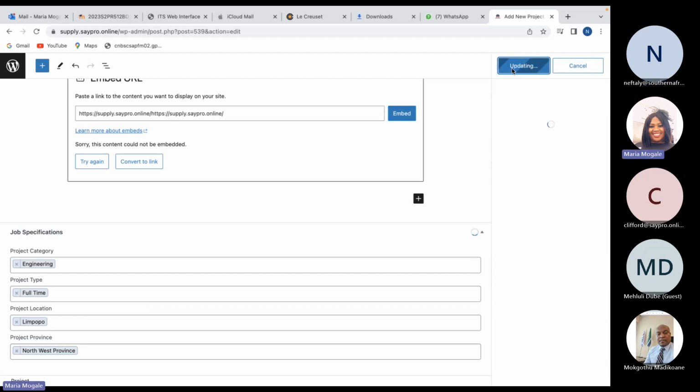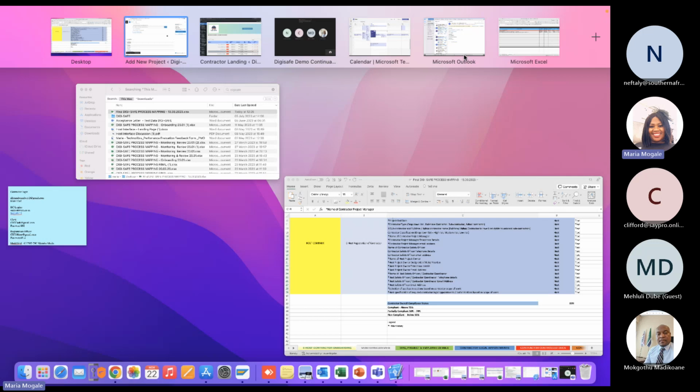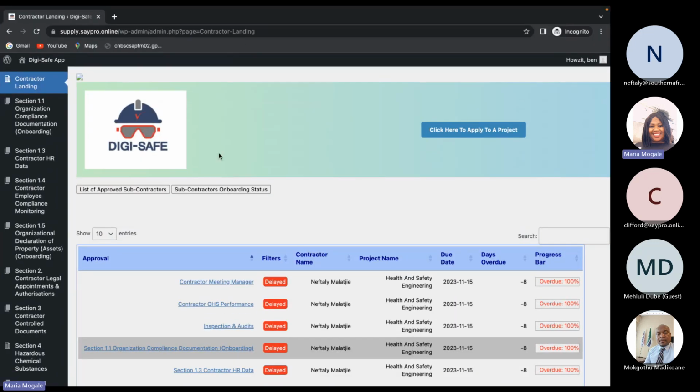After publishing, now, as a contractor, I want to log in to the system, and my landing page perhaps should have that information that is sent. We can leave this here still. But the first thing that you want to see is that form where you're being onboarded by a host, and you're able to select the sections, complete them, and send them back.